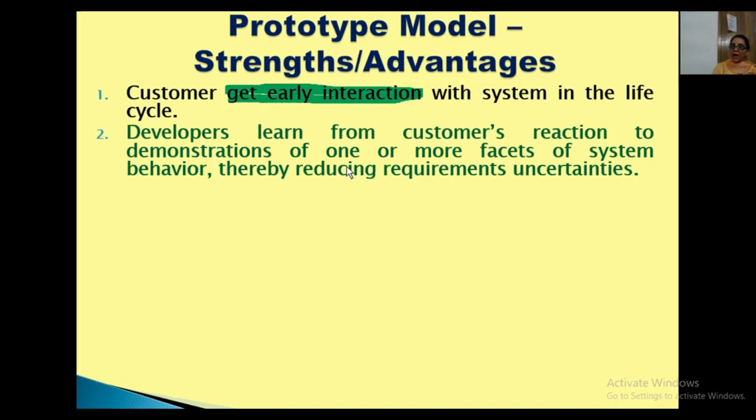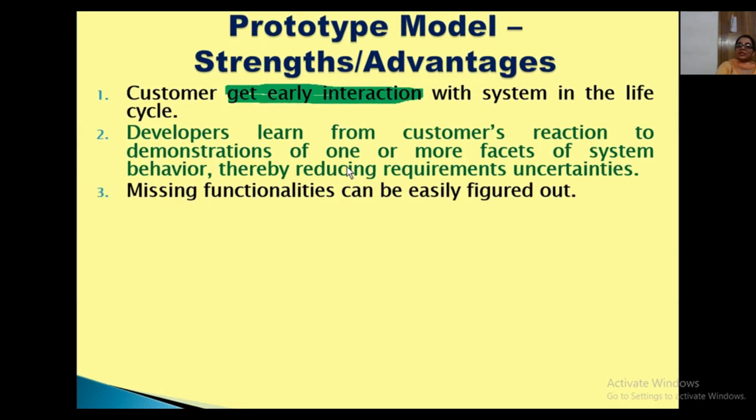Here you have a one-to-one interaction of the prototype with the customer. Customer is watching your prototype and its functionalities, so there are fewer chances of uncertainties in terms of requirements. The requirements are less probable to change now because the customer is judging, evaluating it and giving the feedback side by side.